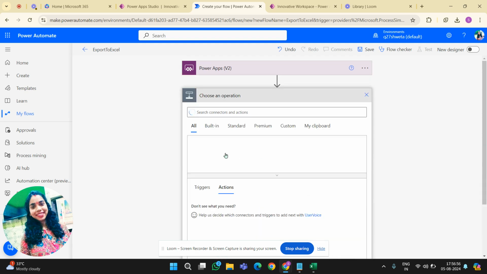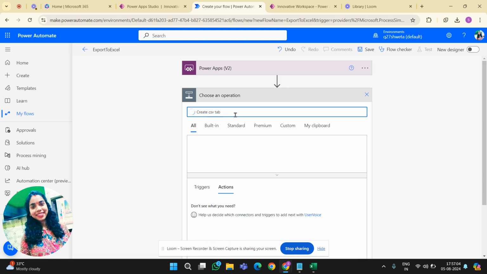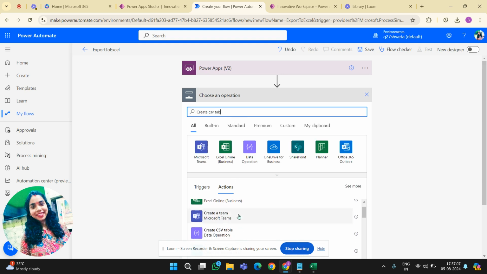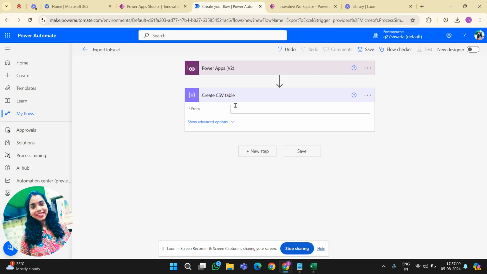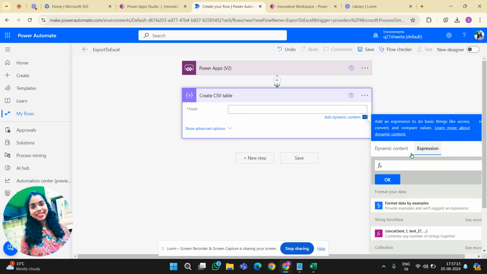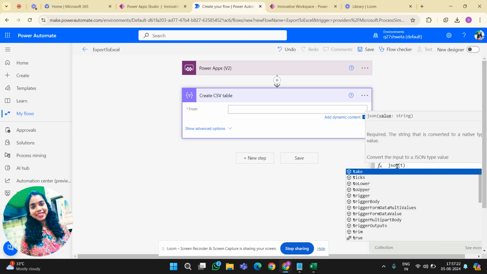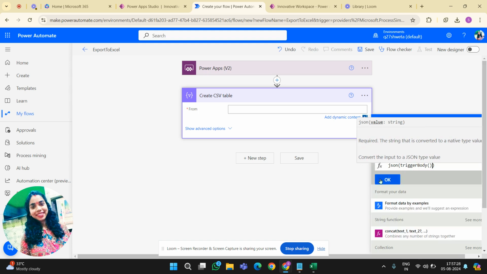Next step is we need to create a CSV table. In create CSV table, we will write an expression, JSON, trigger body text.